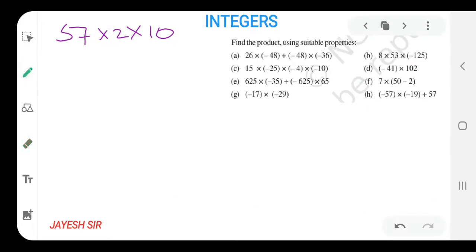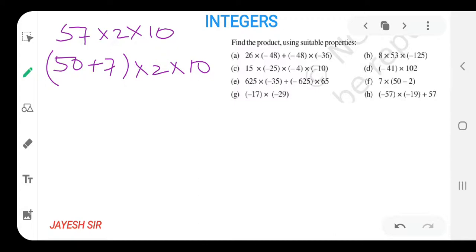Now what we can do, this is also a different sum, friends. How can we solve this sum? Can I write 50 plus 7 like this, and into 2 into 10 as it is? Now what should I do? As we all know, we have to do it with 2, as we know how to multiply it with 10. So we'll do multiplication with 10 in our last step only, not before that. We have to just keep in mind, if you are multiplying it with 10 before, then you will increase your problem of calculation only, not my problem.